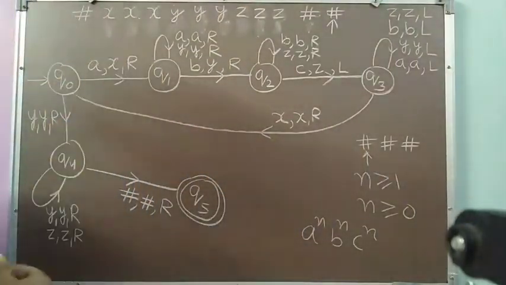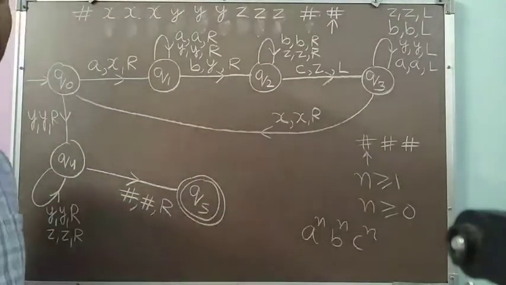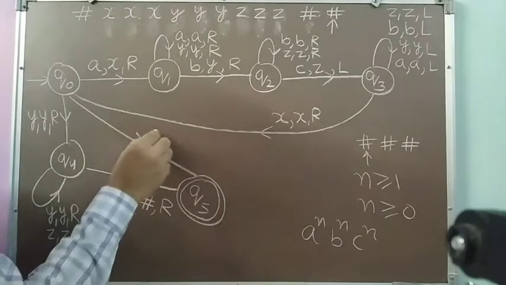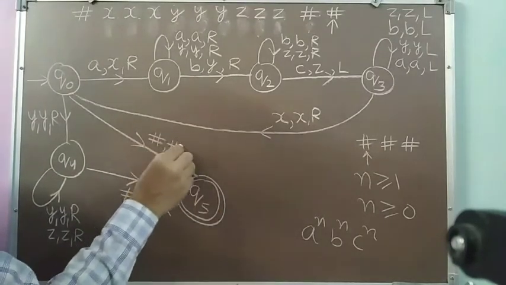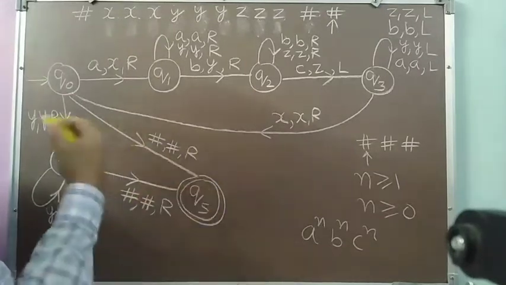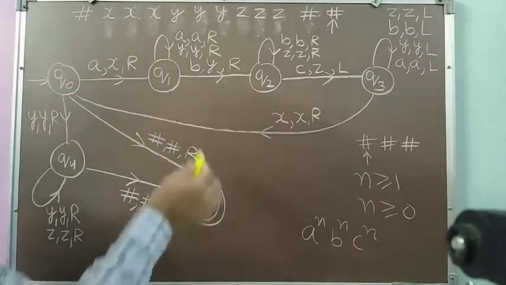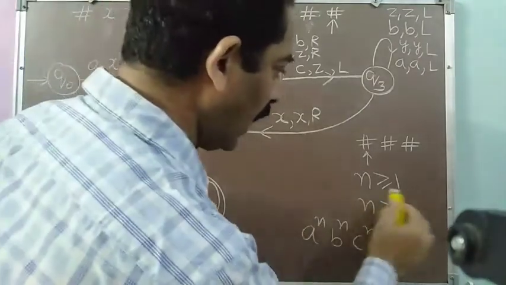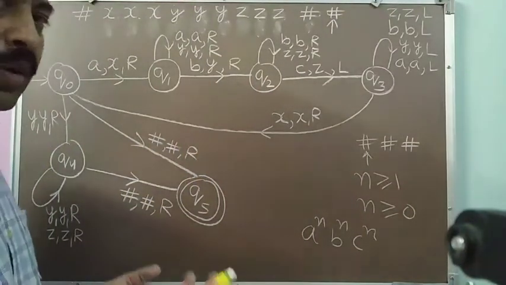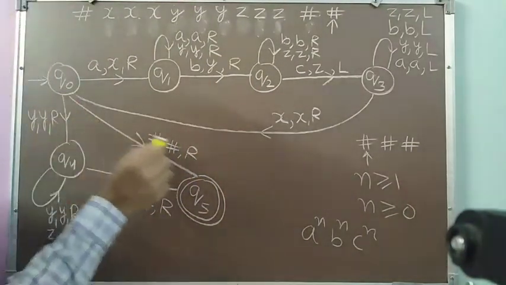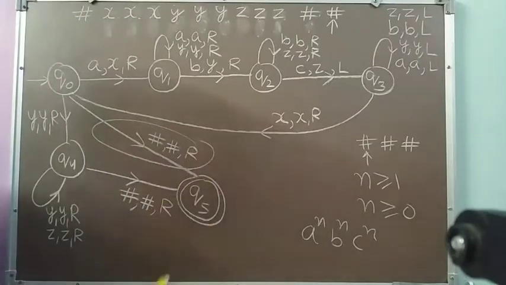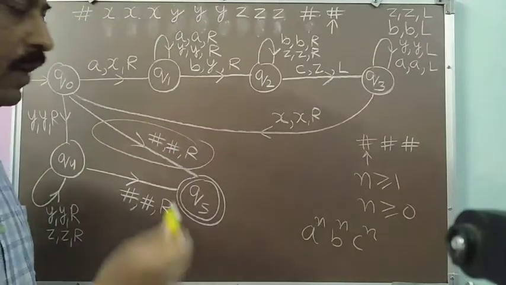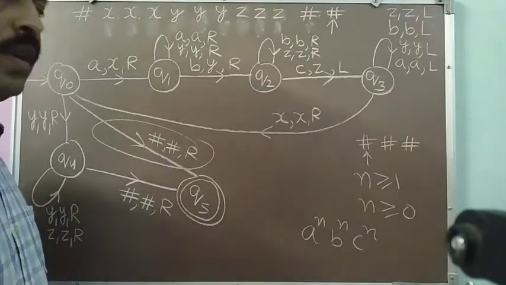So I will not get A in the Q0 state. I will simply get a blank. So whenever I get a blank, I will directly move to the final state. So I will write blank, blank, R, or whatsoever I write, but I will move to the final state. So my null string will also get accepted. So if I have to include n equal to 0, meaning I have to include the null string also, then this particular transition I have to add here. If I want it for n greater than or equal to 1, then this transition I do not want. I will not have this transition with me.